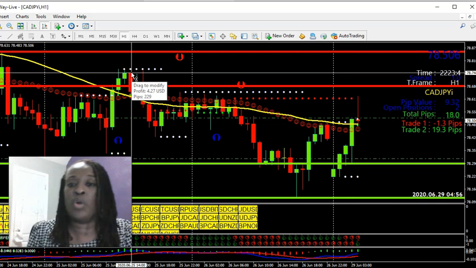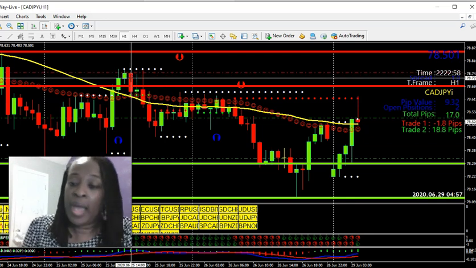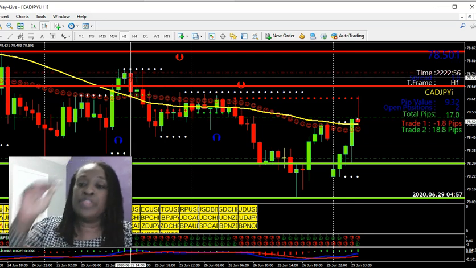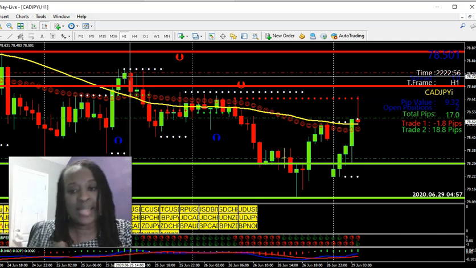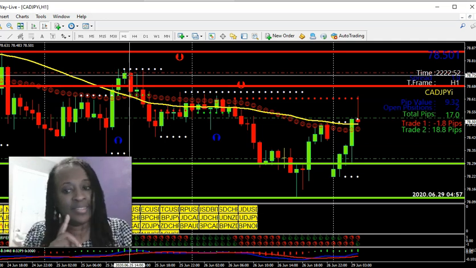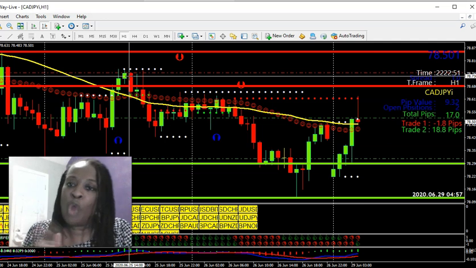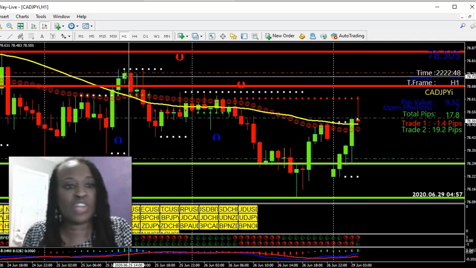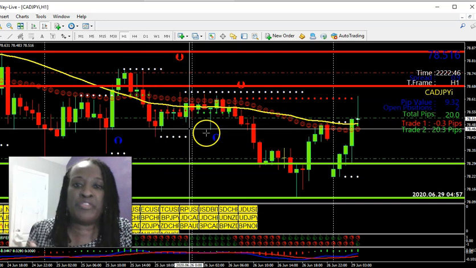But I'm not relying on the wick for my TP. I rely on the close of the candle for my TP because that's solid. That's solid, right? So hopefully that little nugget and everything else I talked about today is going to benefit you